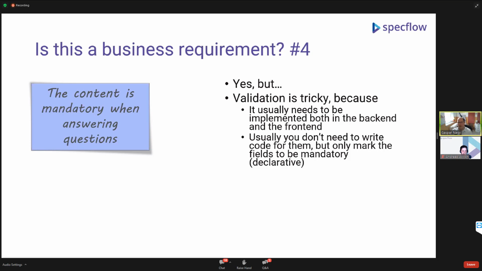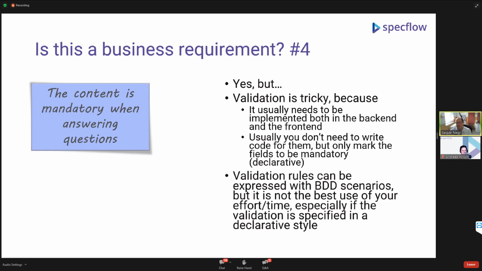And because of these two reasons, even though validation is definitely a business rule and you can do BDD scenarios for validation, typically what I suggest is that whenever you think about a user story and whenever that user story involves some input interface, like for example, the registration or whatever, don't start with the validation rules. Validation rules can be expressed with BDD scenarios, but